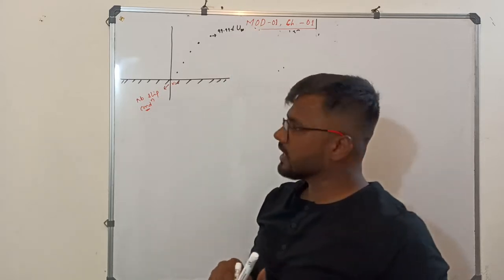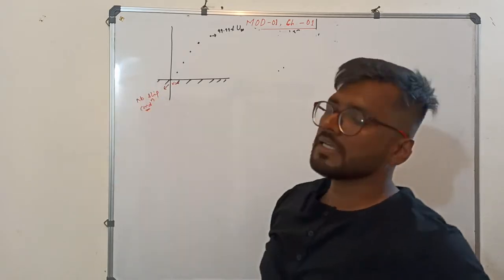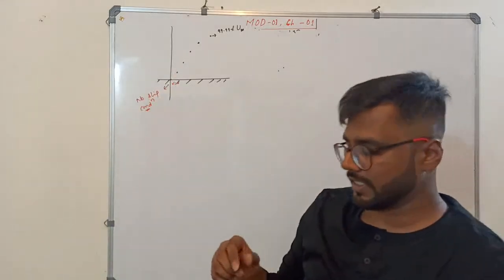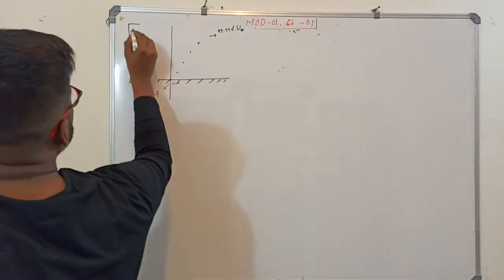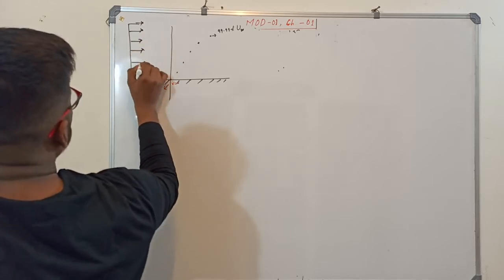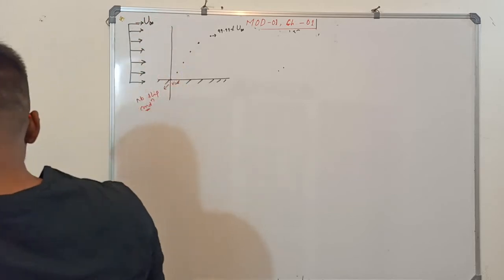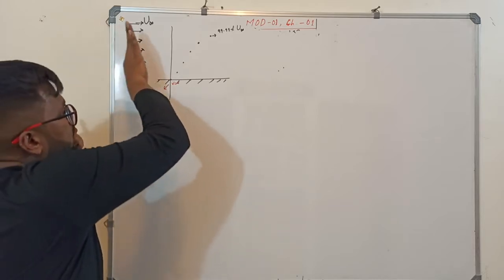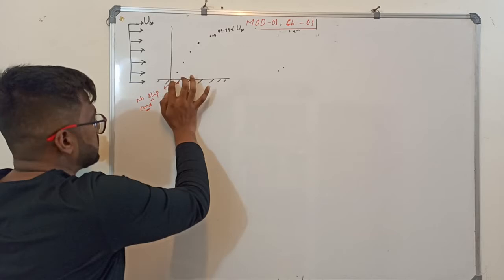Sir, free stream velocity क्या है? ये तुम्हारा सरफेस है, मान लो ये तुम्हारा सरफेस है, ठीक है. ये सरफेस के ऊपर क्या छोड़ दिया तुमने? ऐसे पानी या फिर ऐसे लिक्विड ऐसे डाल दिया, ठीक है. So that liquid, when it is entering the surface, let us say it is entering at a velocity of U infinity, which we call the free stream velocity.